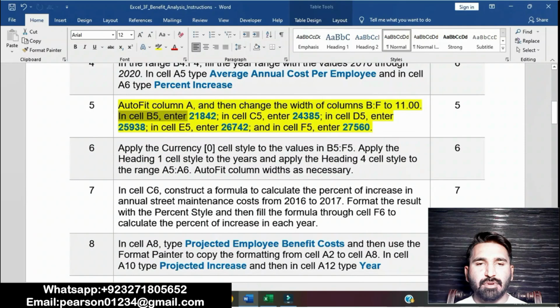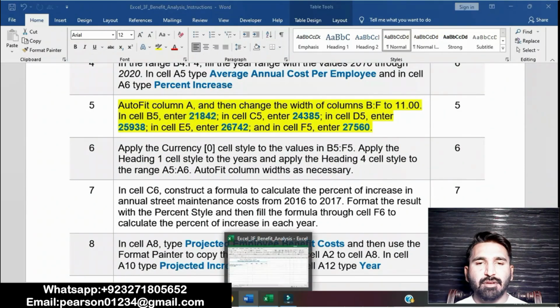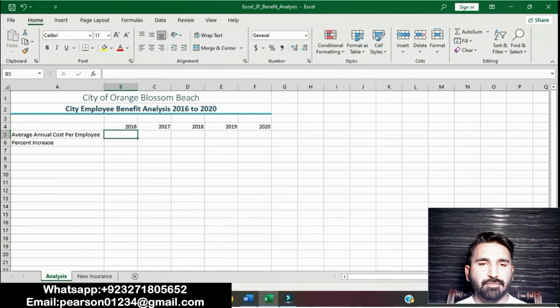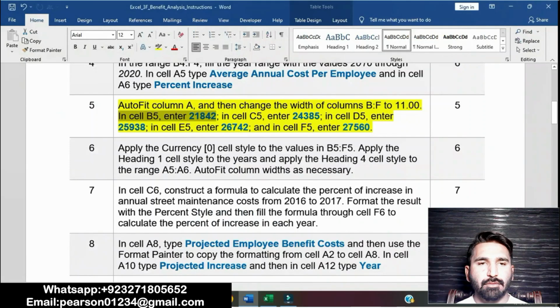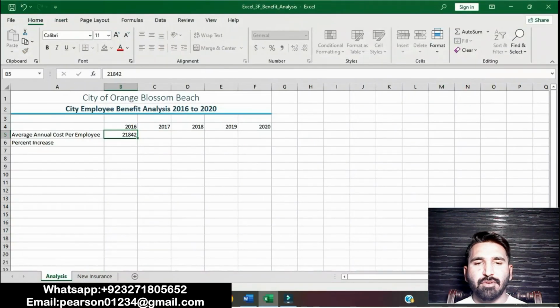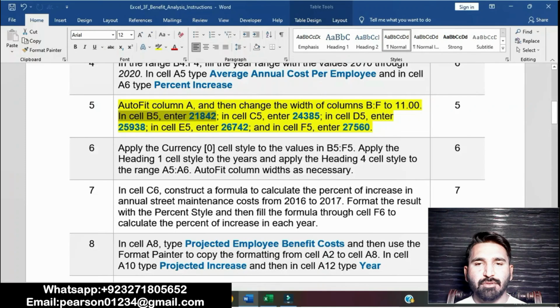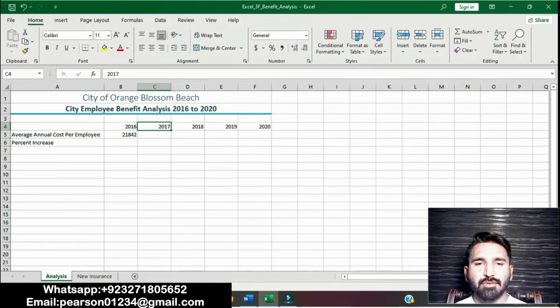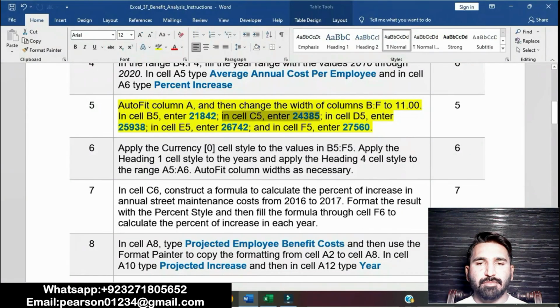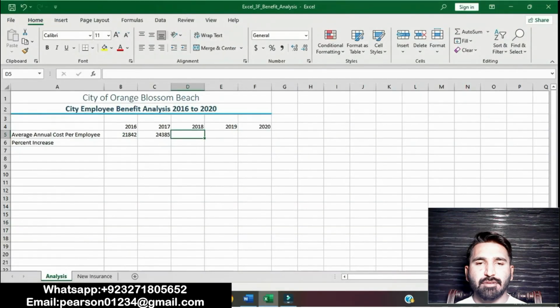Now moving on, click on cell B5 and enter 21842. Now in cell C5 enter the value 24385. Now in cell D5 enter 25938.